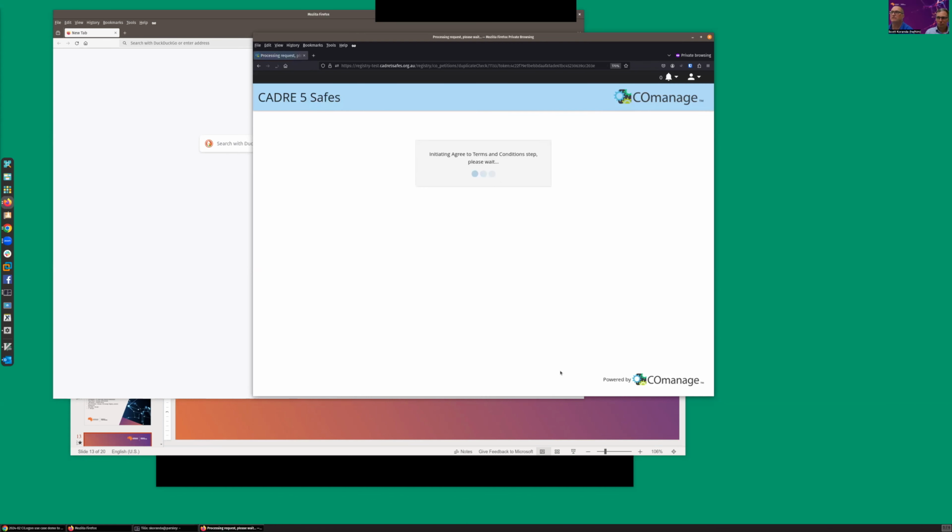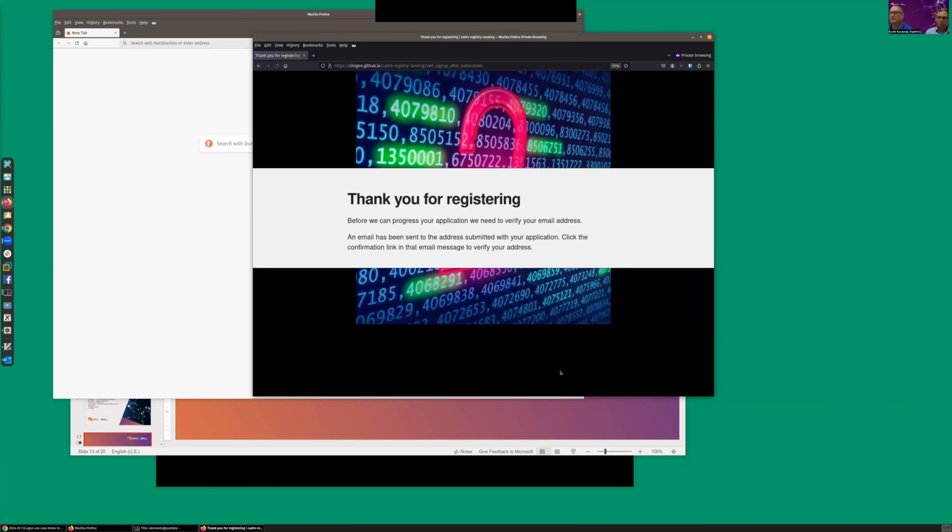You've all seen this type of enrollment before. And it's very typical, especially for self-sign-up enrollment flows. We want to make sure that the user has submitted an email address that they control. So after I've gone ahead and submitted the form, we send the user to a landing page that's also customizable for each organization. We've got a placeholder here for Cadre. It tells me that I have to find my email. So hopefully my email has shown up,